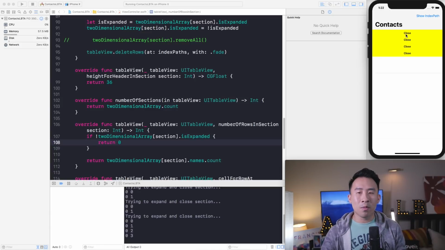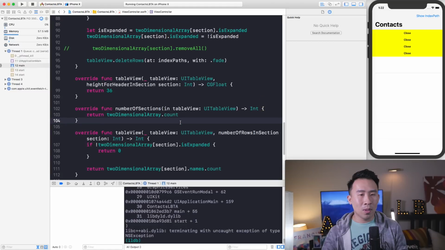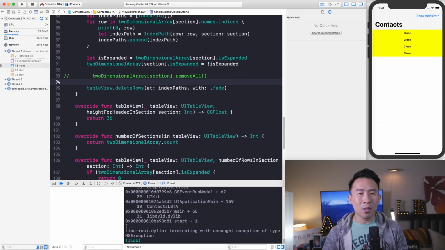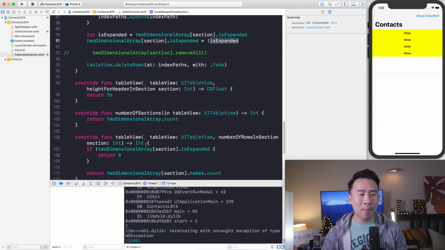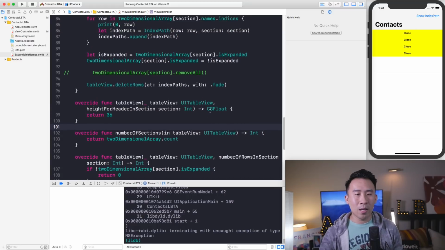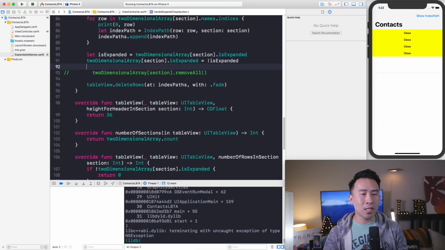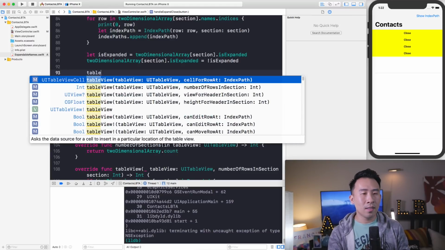And now I believe there's a problem. If I try to close over here, it crashes again. So what's really going on is when I hit the close button again, I'm reversing the expanded property. So now it is actually expanded. So down here it's not returning 0, but instead it's returning like 7 for the top section. So the way we're going to finally fix this issue is to fix the deletion by actually using the insertion,